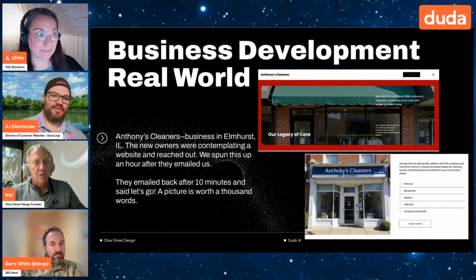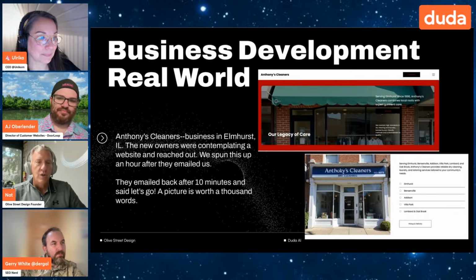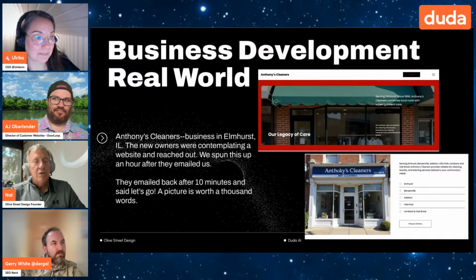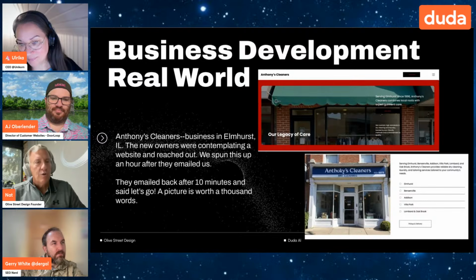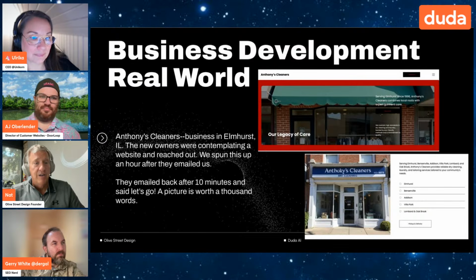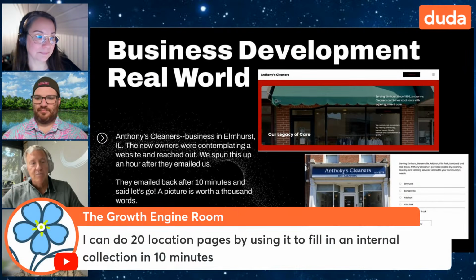So to use that to spin it up is just a cool tool that we can use. Instead of calling them and saying, yeah, we could build something for blah, blah, blah, we showed them something. And that shows a lot of grit, I think, on our part and on their part. So we think that's a great business development and sales tool.